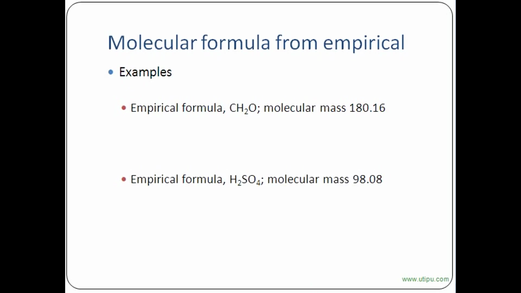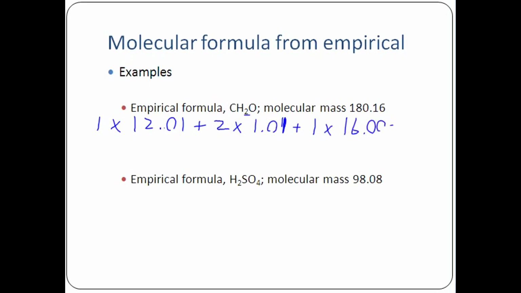And so let's suppose we have an empirical formula of CH2O and a molecular mass of 180.16. First step is, as we did before, let's find the empirical mass. We have one carbon, so 1 times the mass of carbon, 12.01. Then we add the hydrogens: there are 2 hydrogens, so 2 times the mass of hydrogen, 1.01. And then plus 1 oxygen times the mass of oxygen,